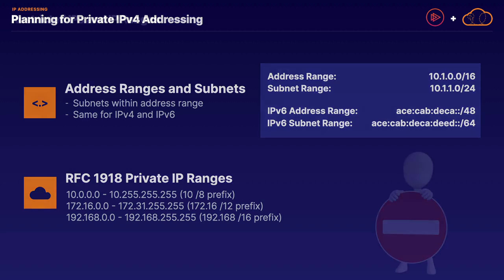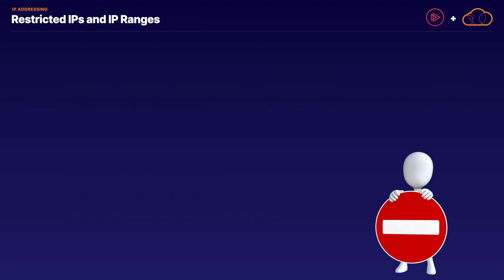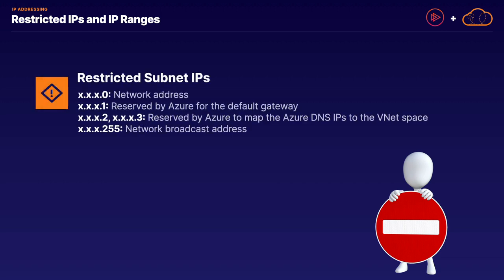Next, when it comes down to the fundamentals and planning out IP addresses for your network, you need to be familiar with a few restricted IPs or IP ranges that are specific to Azure. For any individual subnet range, there are effectively 5 IP addresses you are not allowed to assign to your virtual machines. For example, in a /24 subnet range, the .0 address is reserved for the network address, .1 is reserved for your default gateway, and .2 and .3 are reserved by Azure to map the Azure DNS IP to the